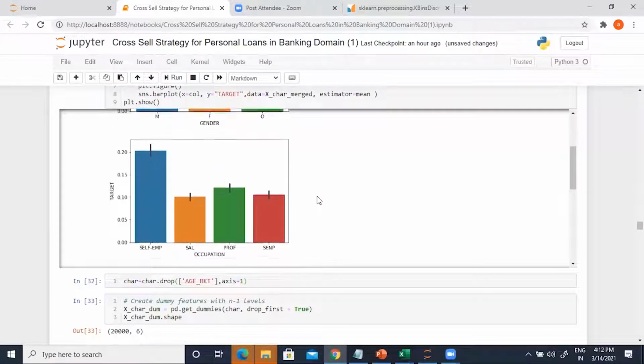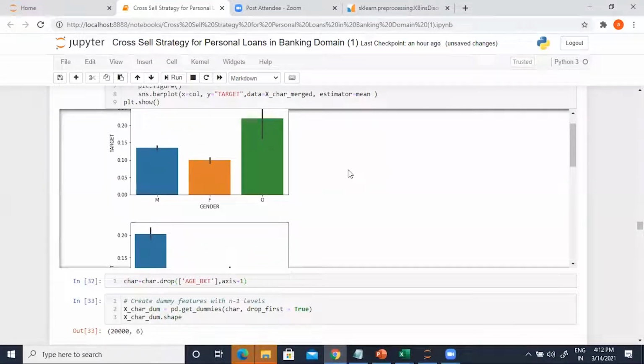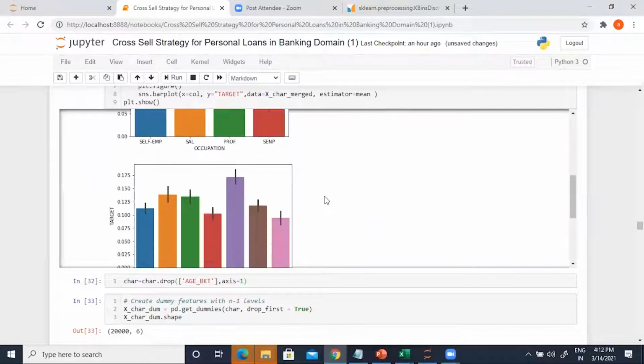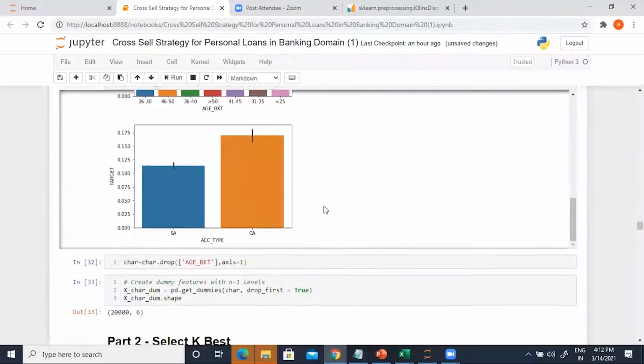So gender equal to O, because if I did a drop first equal to true, M couldn't get created. So between F and O got selected. Now self-employed could not get created. Between salary, professional and SENP, I think professional and SENP got selected.